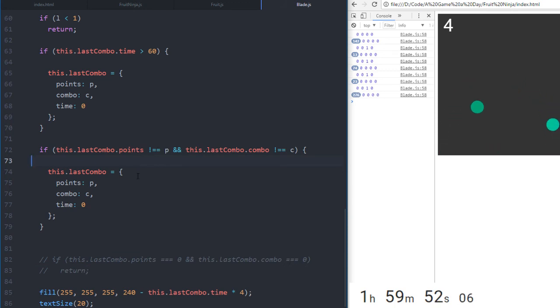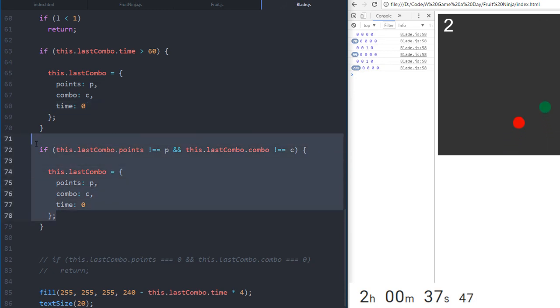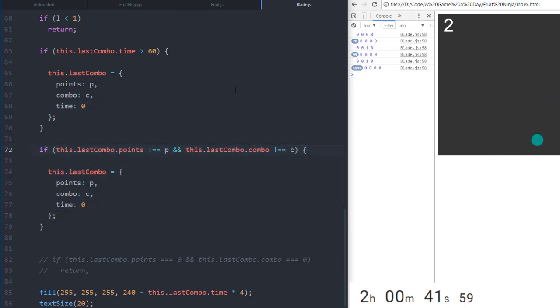So what's up with this? I really need the combo to work. So when you say if it changes, so why is this not working? That should have been 1 right there. Should be 1 for that loop. Because if time is greater than 60, we reset the thing. That's the only time we reset it. Apart from when it doesn't equal, oh. Snap. So if it doesn't equal that,